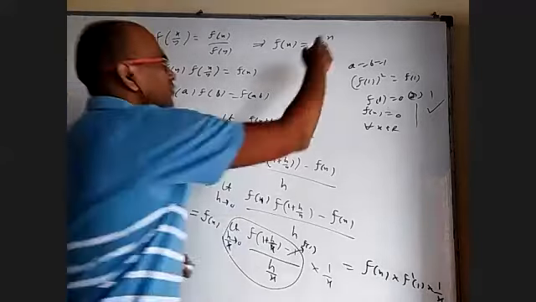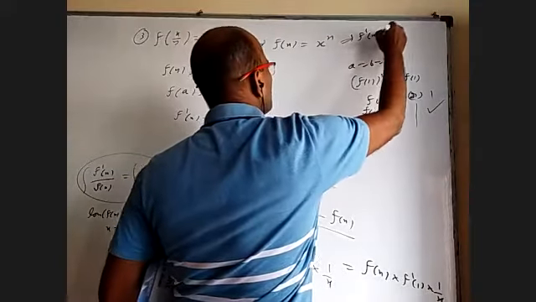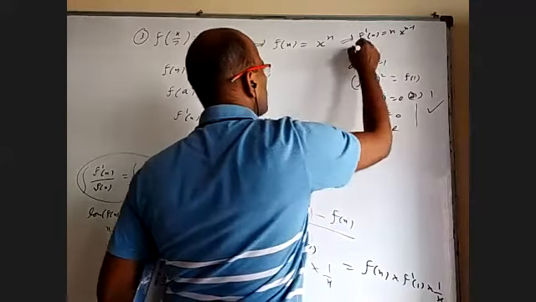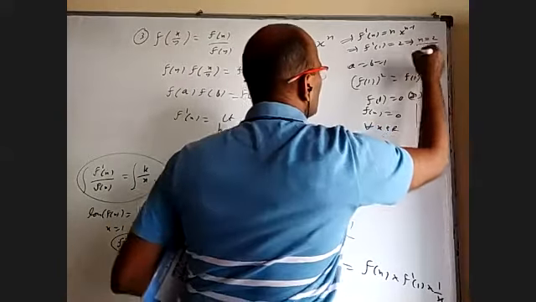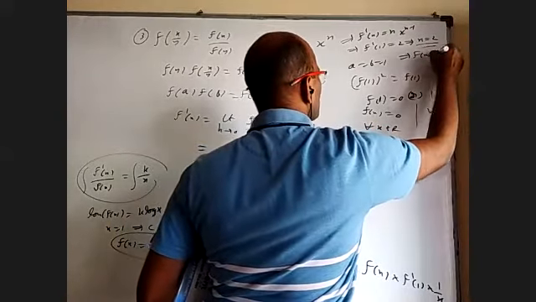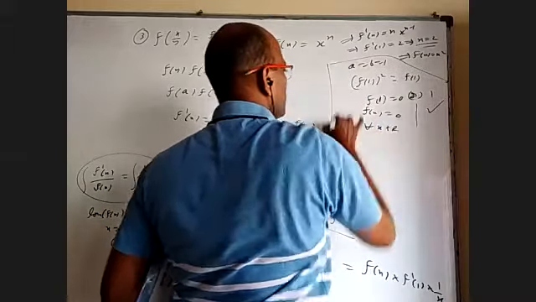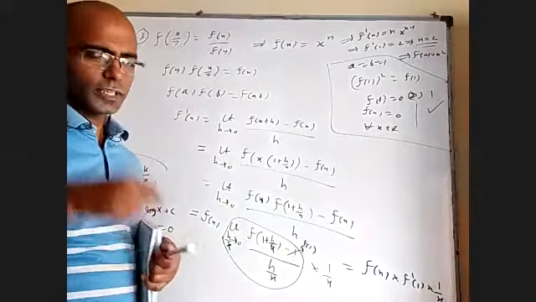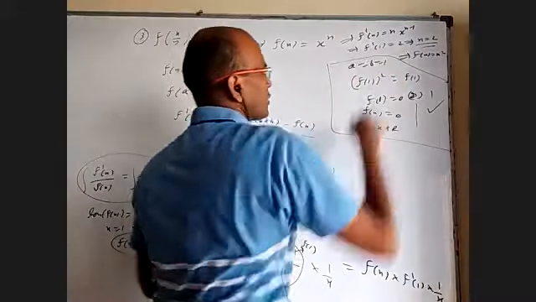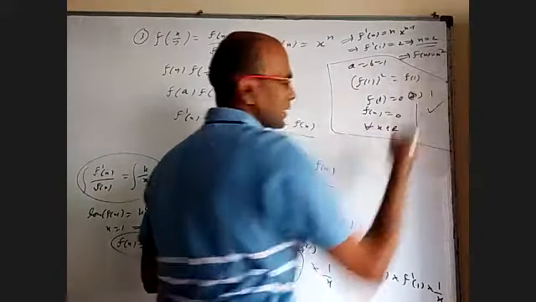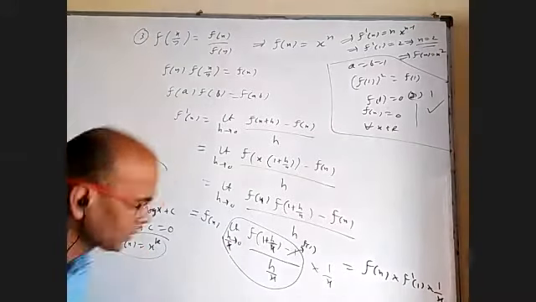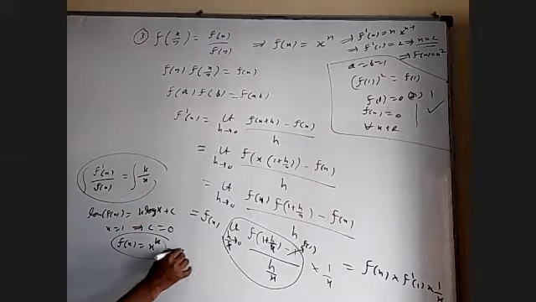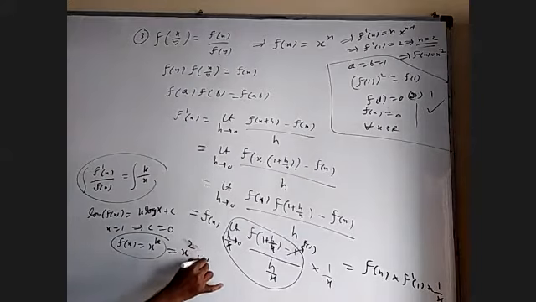Even from here, if you find f dash x, it is n into x power n minus 1. F dash 1 equal to 2 implies n equal to 2. So from that, you will get f of x equal to x square. So we can understand f of x must be in the form of x power n, and that n must be 2 based on f dash 1 is 2. But that is only purely by guessing. Apart from guessing, we can properly prove that f of x must be in the form of x power k, which is x square right now since k equal to 2.